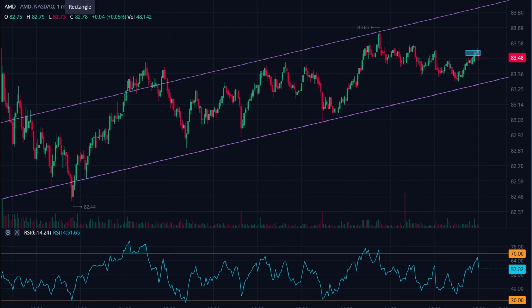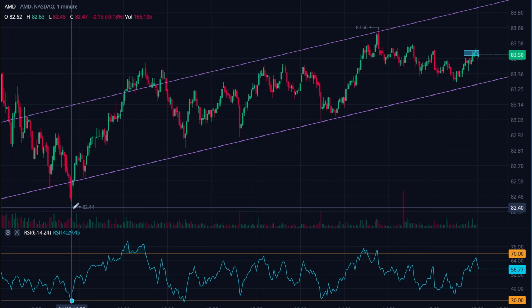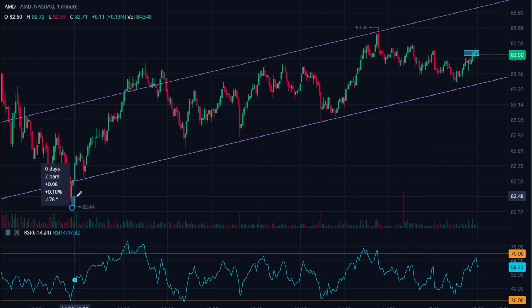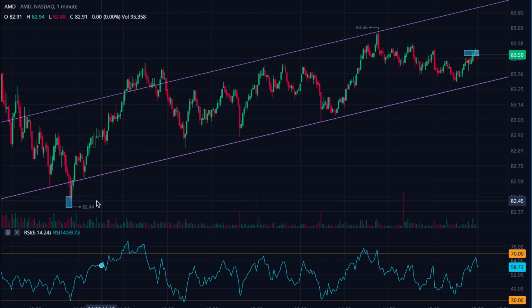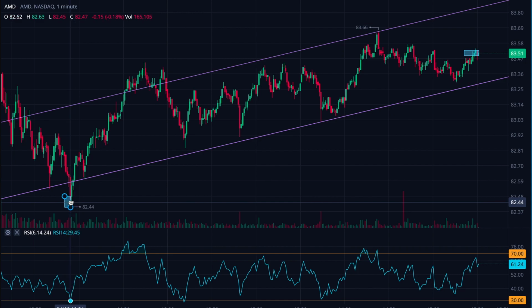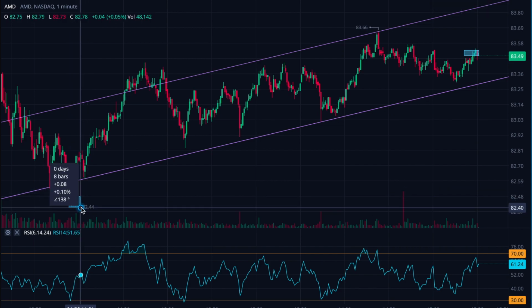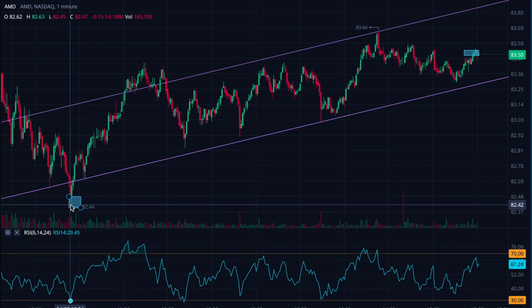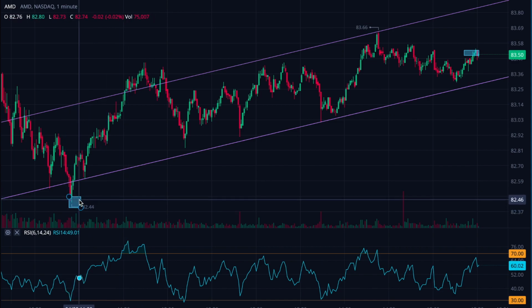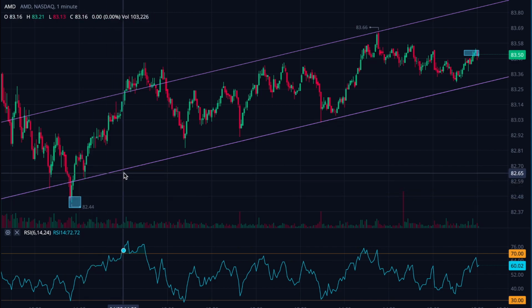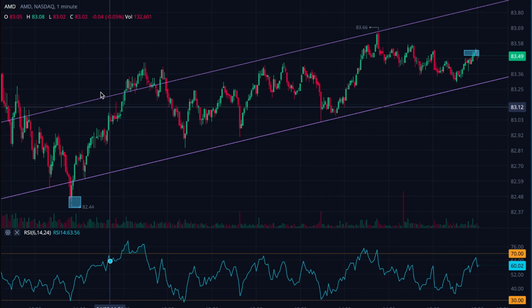So another thing to consider, when you are looking for patterns that you can play off of, a good thing to do, so we look here, we see that the RSI was 29.45, so it was considered oversold at this point. And so that would have been, if we are just going off of that, a good dip buying opportunity, okay, right there. And we saw that played out really well. Ooh, that's just really hard to see. So let's just make it bigger, but we'll know that it's sort of the leftmost side of that box is what we're talking about. And then if we would have ridden the price strength up and then would have sold out when it hit overbought,